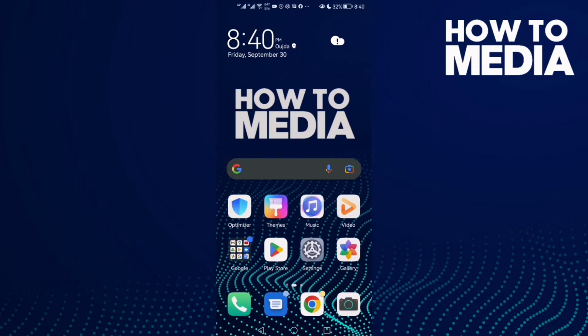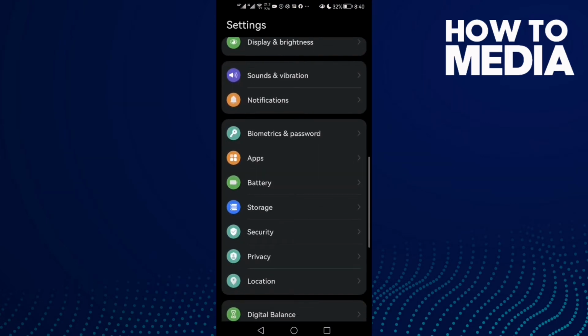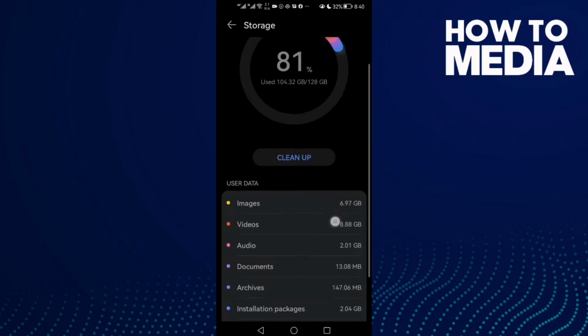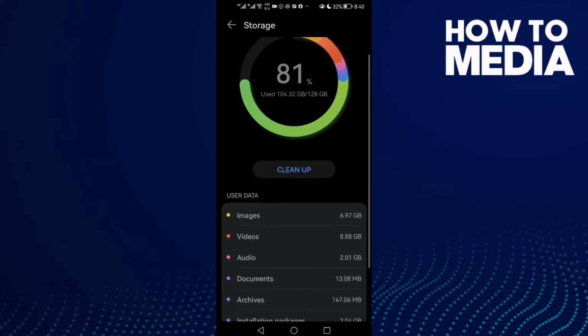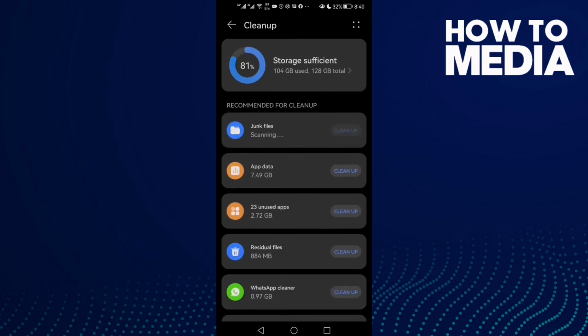First, open settings, and now just scroll down until you find storage, and now just click clean up, and here we'll find it. Now just wait,